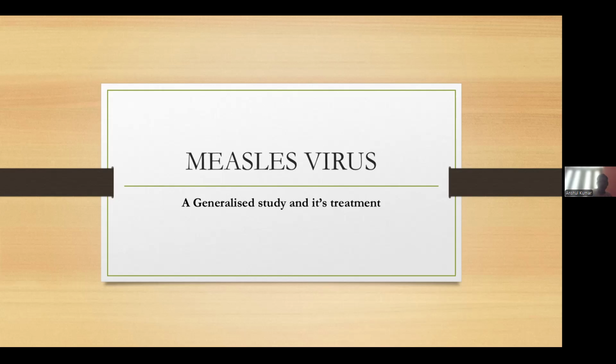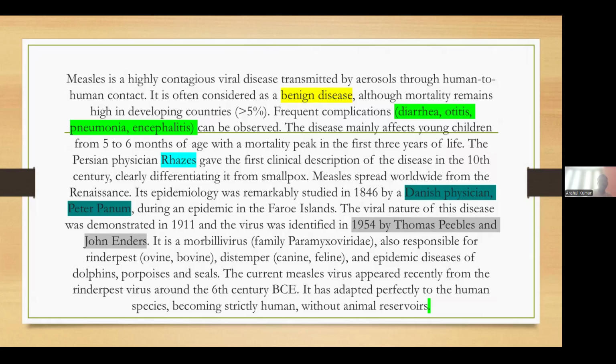So first, coming to the history part, I would like to discuss that it is a highly contagious viral disease transmitted by aerosols through human to human contact. It is often considered a benign disease, although mortality remains high in developing countries, that is, more than 5%. Frequent complications are diarrhea, otitis, and pneumonia, and encephalitis also can be observed. The disease mainly affects young children from 5 to 6 months of age, with a mortality peak in the first